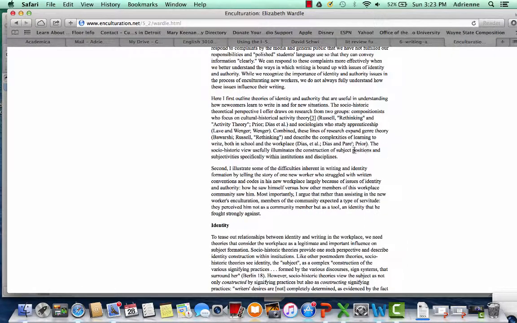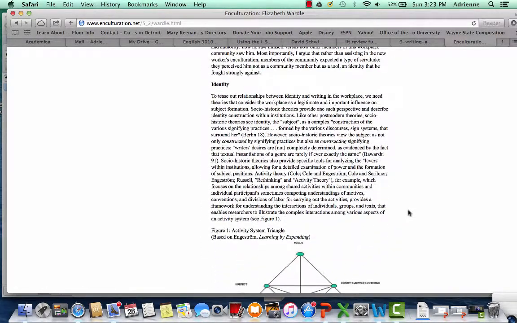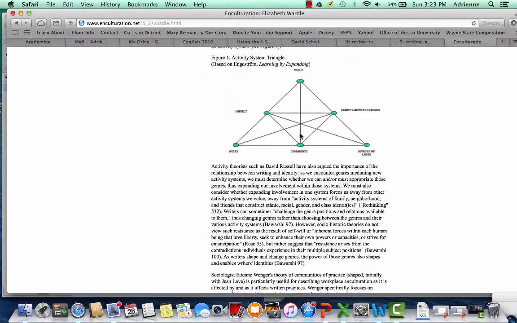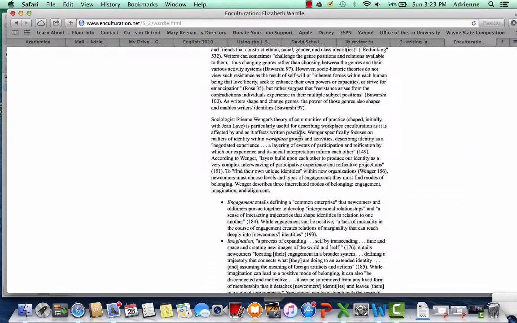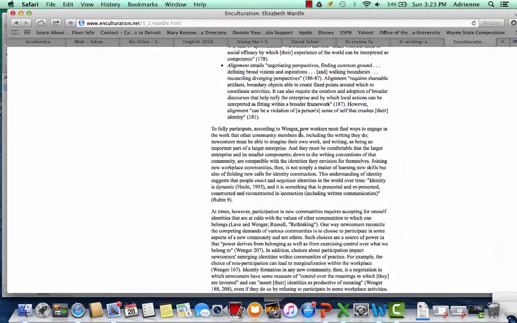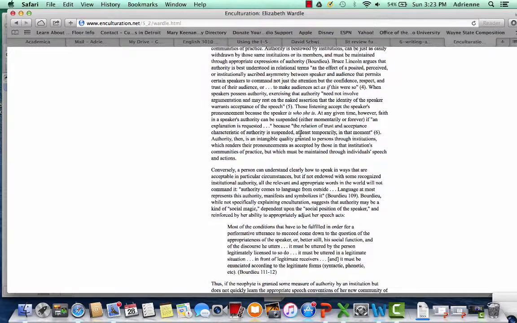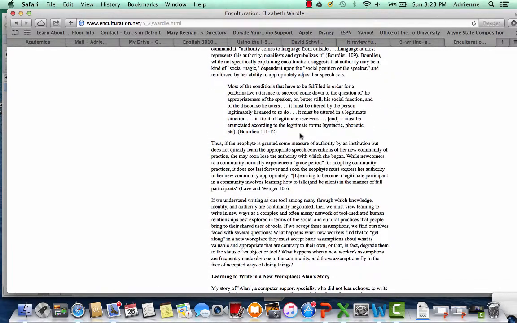So last week I talked for a second about part of the map of Wardle's introduction where she explains how her literature review is going to be organized. And then if we just quickly skim down, we can see her first section is on identity, and she explains why she is positioning that first, and includes activity theory, David Russell, theories about communities of practice through Lave and Wenger here. And then she moves into discussing authority and the ways that the writers that she's looking at speak